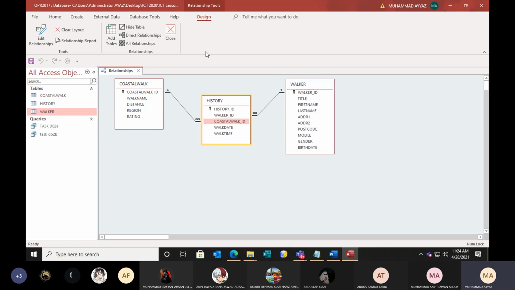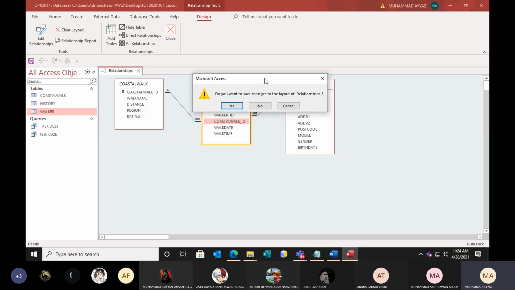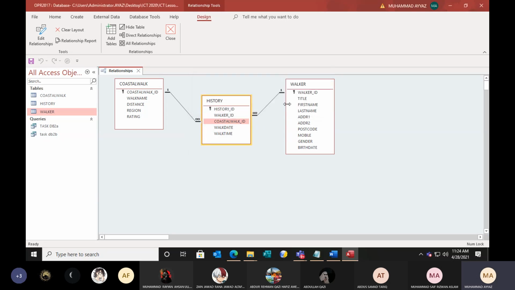Now they are interlinked with each other. Sir, what's the use of this? Yes, good question. The first use of relationships is that the tables become an integral part of each other. So this worker is connected with history and history is connected with coastal walk. So you can select information from any table. You can extract information using queries from any table, and you can update also.